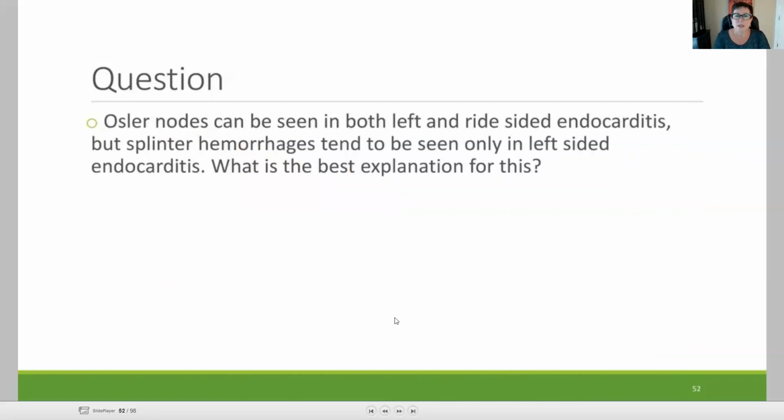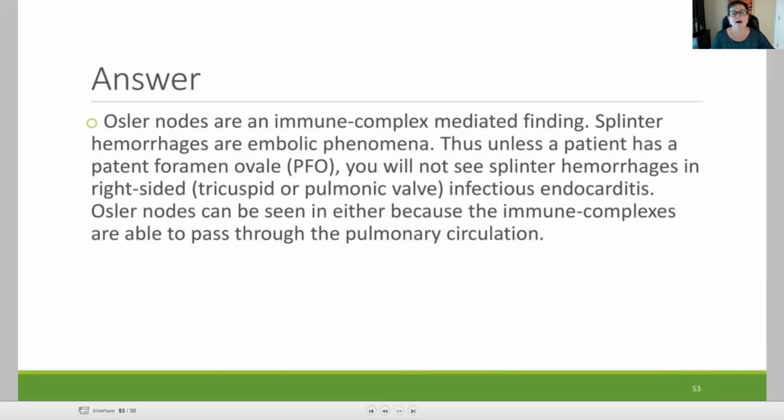So Osler nodes can be seen on both the left and right-sided endocarditis, but splinter hemorrhages tend to be seen only in left-sided endocarditis. So think about that for just a moment. What do you think the best explanation for this is? Osler nodes are an immune complex mediated finding. So splinter hemorrhages are embolic phenomena. So unless the patient has a patent foramen ovale, so that little opening